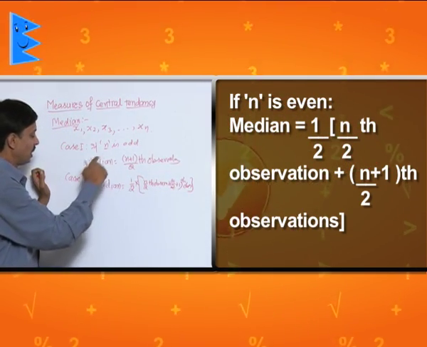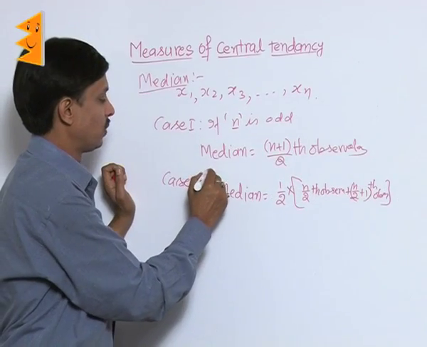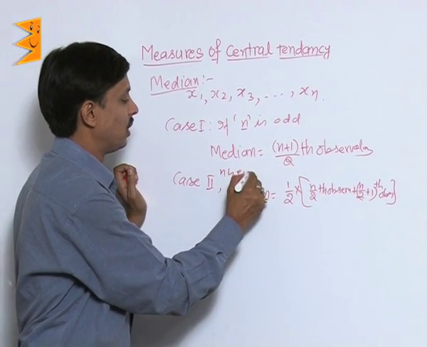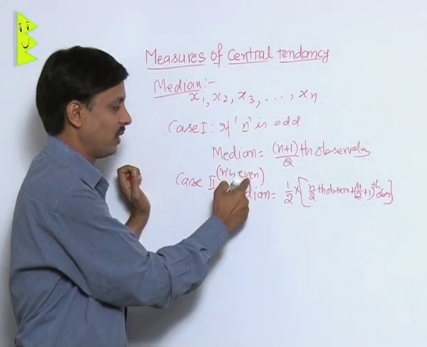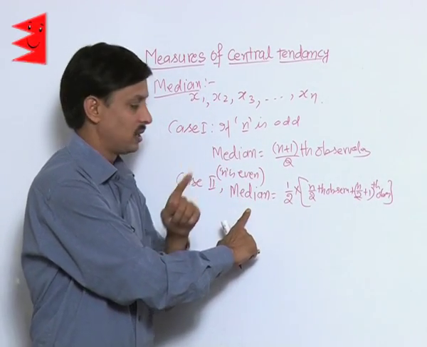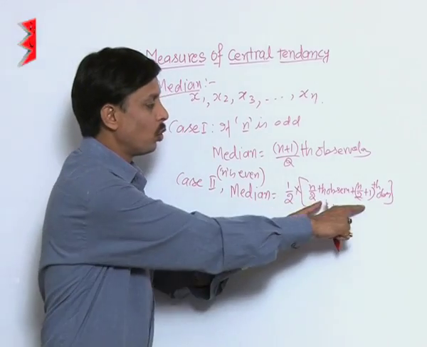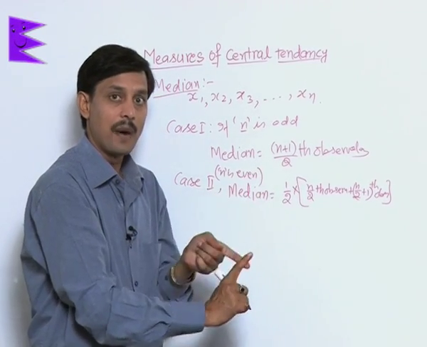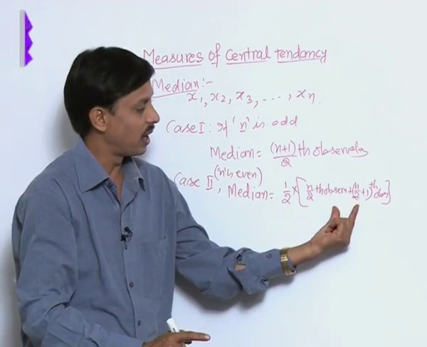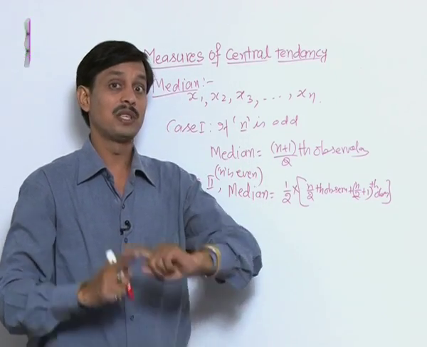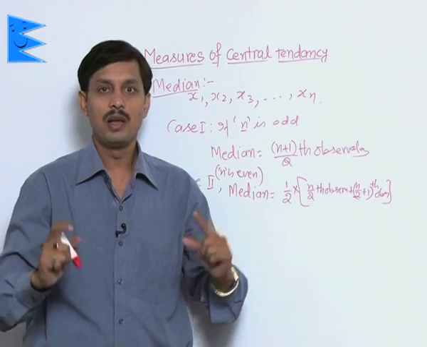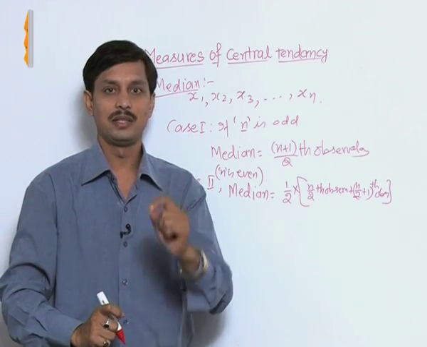That is in case 2, when n is even. If the number of observations is even, then the formula is half of the sum of the two central values. But again, the number of observations may be even or odd, but very important is that